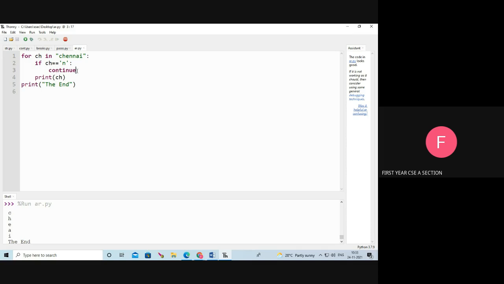Next time the ch value is n, n equal to n, yes, condition true, again continue. Next time the ch value is a, a equal to n, condition false, so print the ch value, that is a will print. Next time i will print, next the end will print. Okay, can you understand?